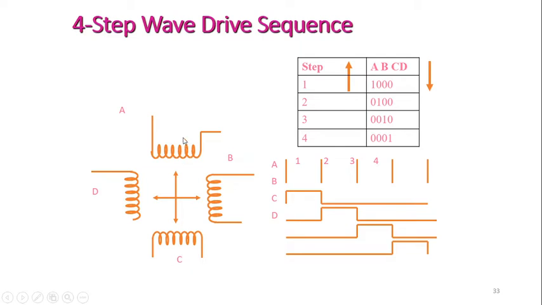Depending on how you are energizing the coils or how you are applying the pulses to the coils, the rotor is going to rotate in the clockwise or in the anti-clockwise direction. I am assuming that as per this diagram, A, B, C, D, if you are following like this, it is going to give the clockwise direction. If you are going in the reverse order, A, D, C, B, A direction, then it is going to be the anti-clockwise direction. So in which direction you are interested to rotate the stepper motor.